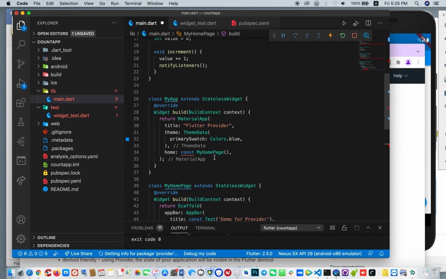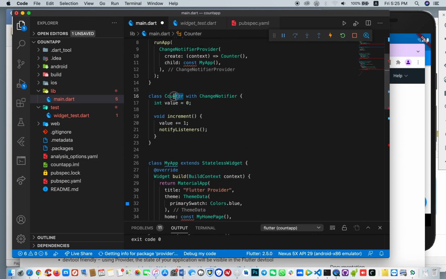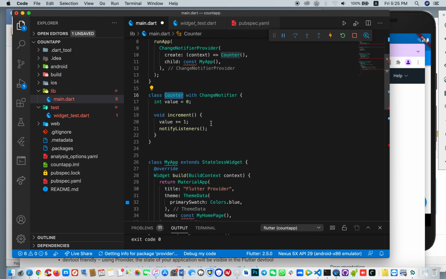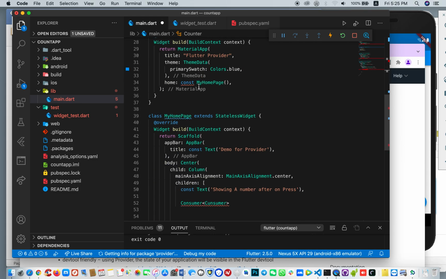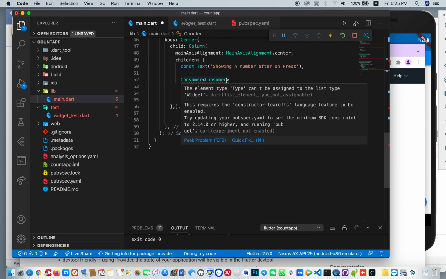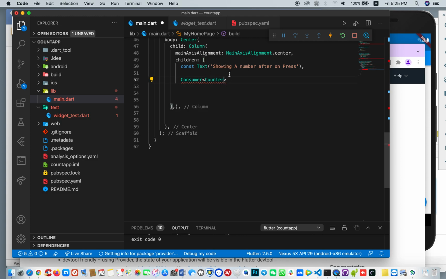This one. Or counter rather. Sorry, this counter. This is what we are calling here. And this is the model, and this model should be here as the type. Okay, like this. And let me now go this. No. Okay, so for the consumer,